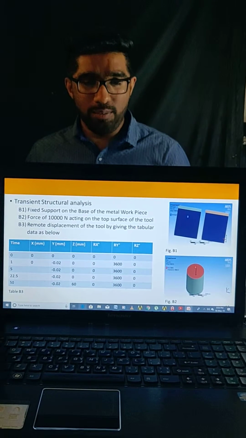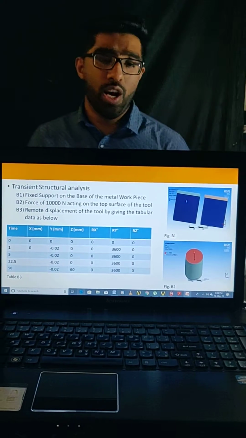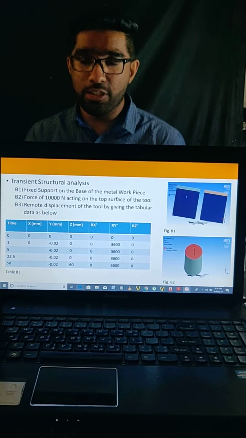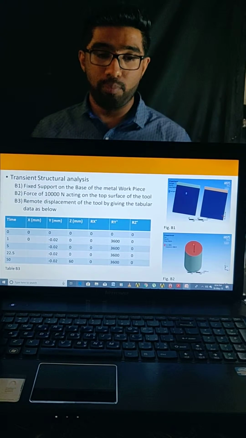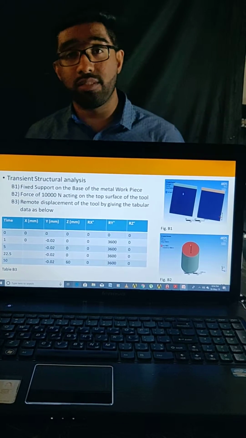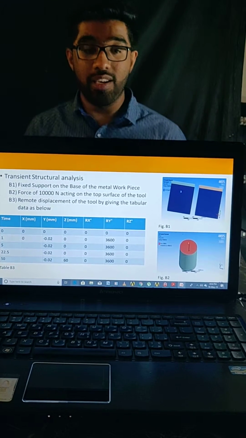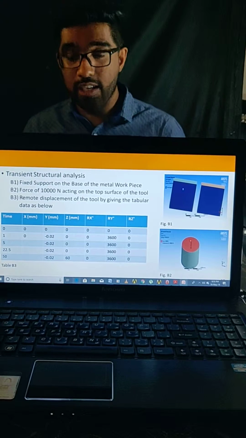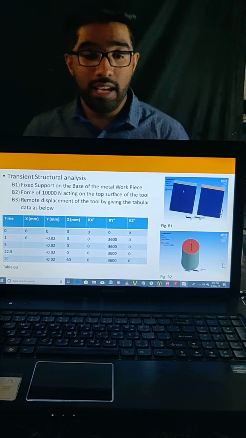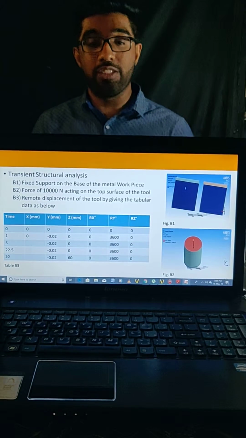The second boundary condition which I've used in the transient structural analysis, which is the key to this evaluation, was giving fixed support on the base of the metal workpiece as shown in the image, then giving a force of 10,000 Newton acting on the y-axis to keep the tool steady, and I used the remote displacement tool,